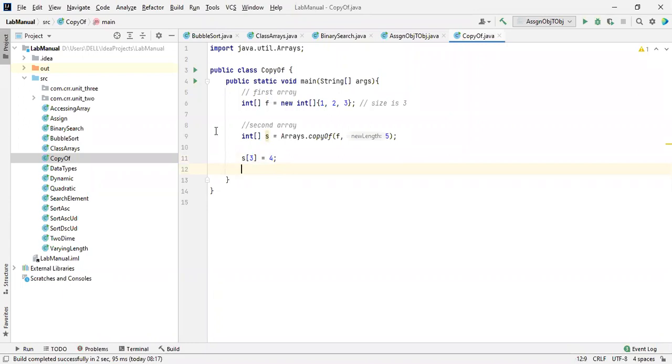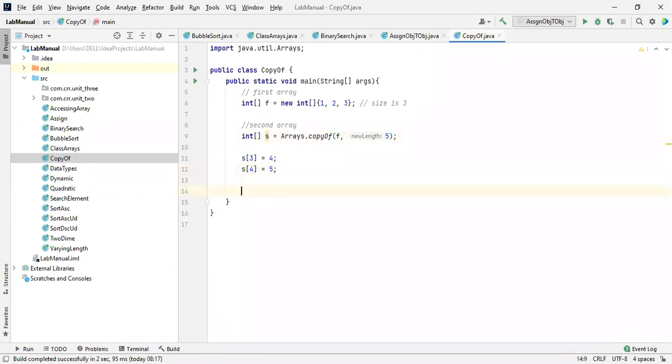I'm inserting the values inside the second array. Please concentrate. And the fourth element, which we call the fifth element, is 5. Okay, now I copied each and every element inside the first array, 1, 2, and 3, and I increased the size of the second array. So see this, when I hover over this, it is showing the values inside, so that we can easily identify all these values are going to be inserted inside the second array, and the length of the second array is 5.